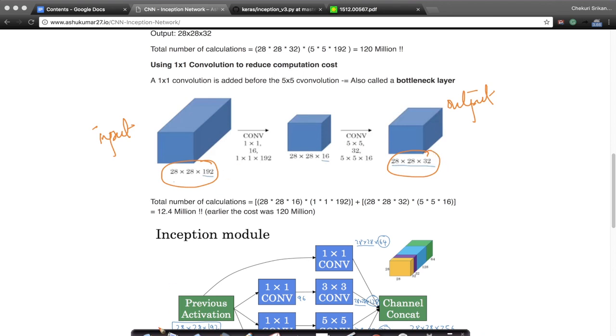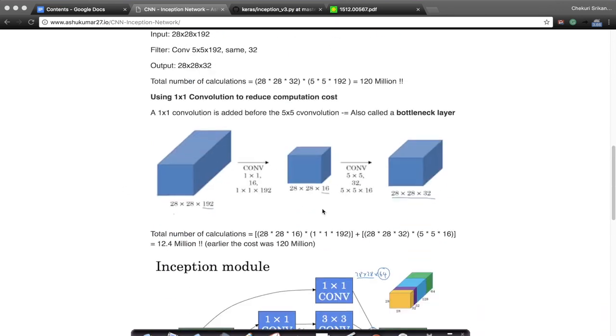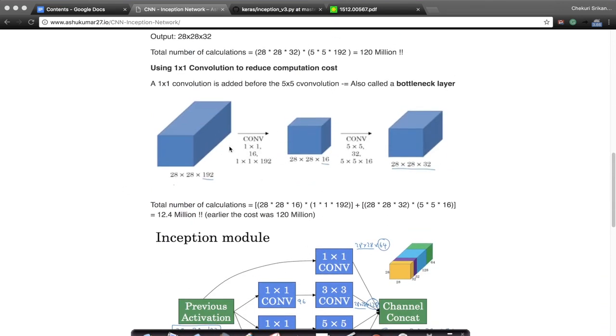So they said, instead of directly going from input to output, what if I use a 1 cross 1 kernel as an intermediate? Remember when we went directly from here to here, we got 120 million computations that we had to do. So the software engineers at Google said, okay, can we optimize it? A very beautiful hack that they realized was, if I perform a 1 cross 1 kernel first, with 16 such kernels,